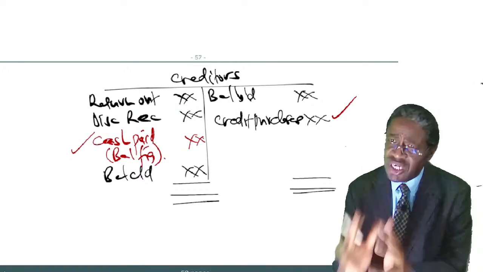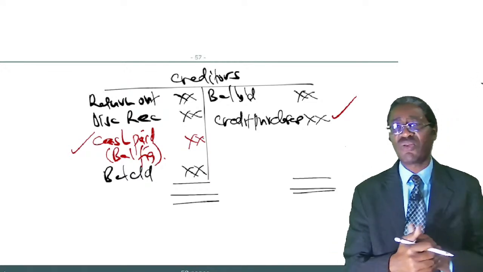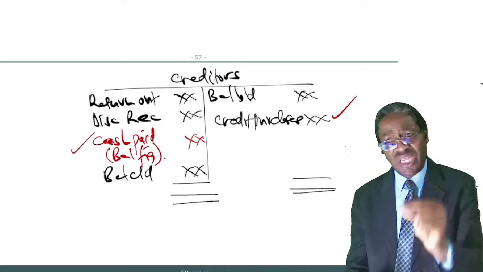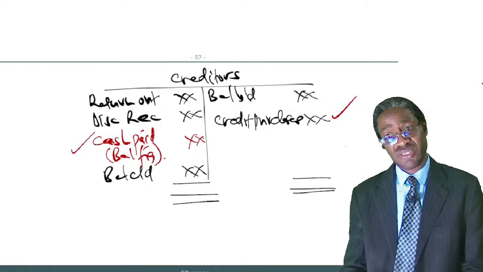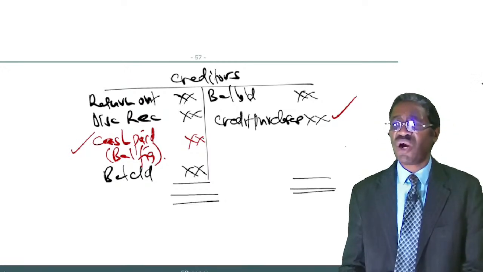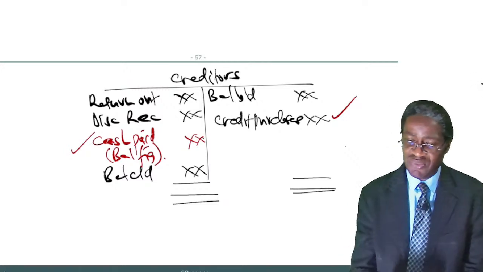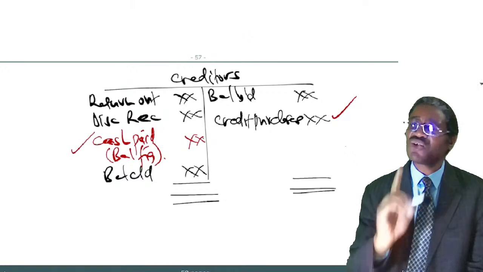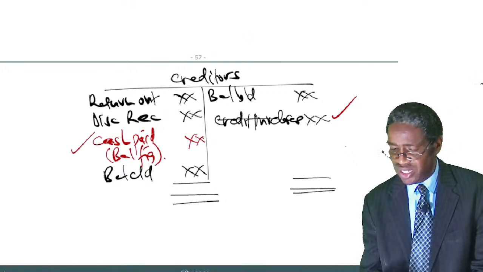If you use the credit purchases, then whatever you will get as a balancing figure on the debit side will only represent the cash paid to creditors. But we are not looking for cash paid to creditors. We are looking for cash paid to suppliers. Listen now. Therefore, in order to get the cash paid to suppliers, just like I talked about the debtors, we